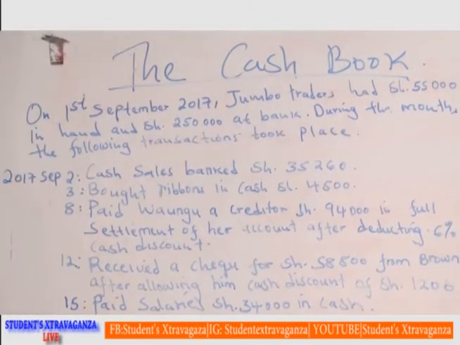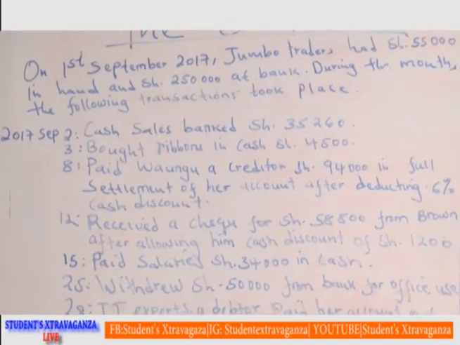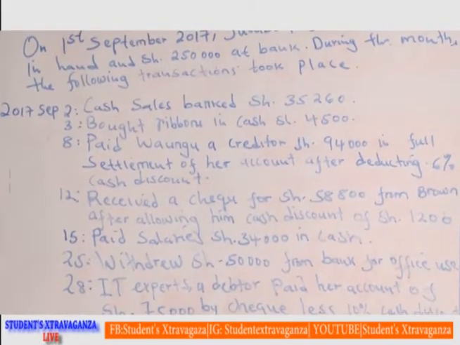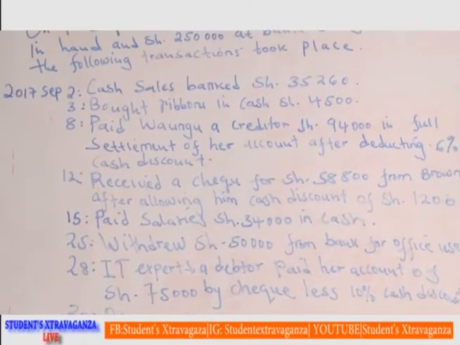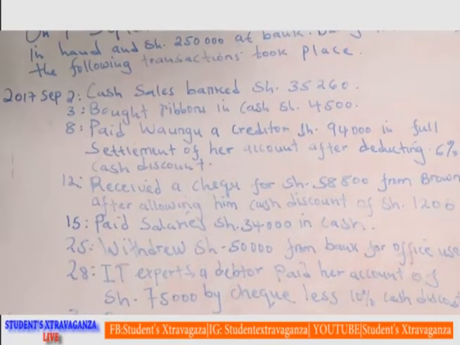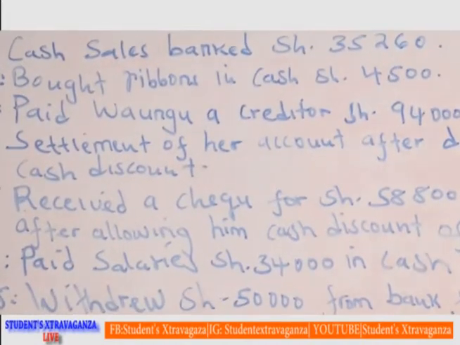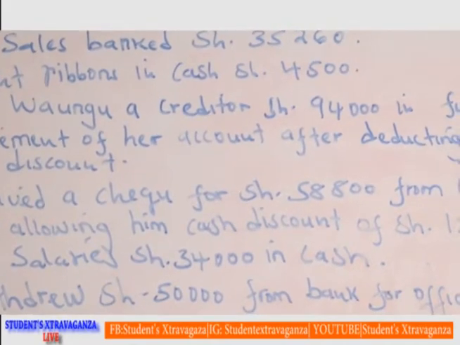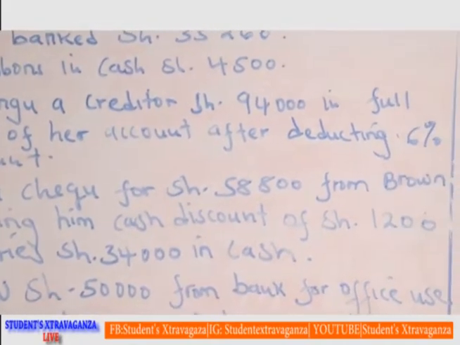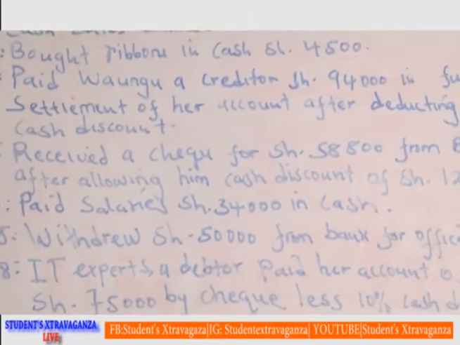On 8th, paid Waungu, a creditor, 94,000 shillings in full settlement of her account after deducting 6% cash discount. On 12th, received a check for 58,800 Kenyan shillings from Brown after allowing him cash discount of